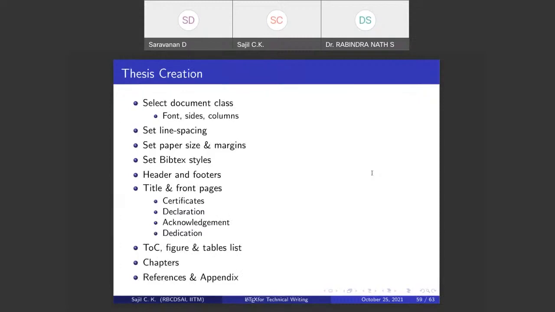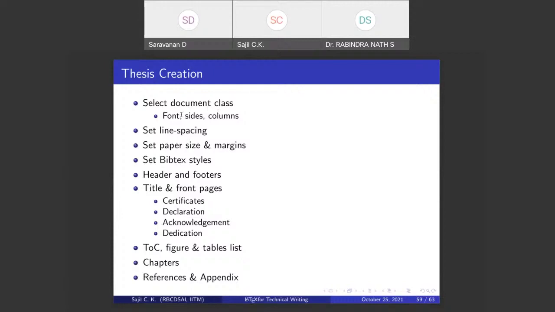Now all of these things combined together will help you to write a thesis or a project report. These are the set of steps for that.